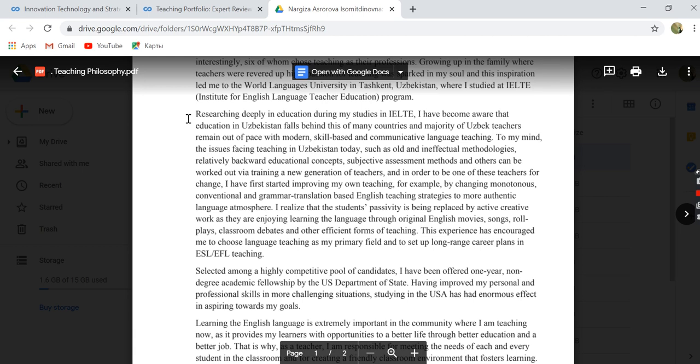And in order to be one of the teachers for change, I first started improving my own teaching. For example, by changing monotonous, conventional, and grammar translation-based English teaching strategies to a more authentic language atmosphere. I realized that students' passivity is being replaced by active creative work as they are enjoying learning the language through original English movies, songs, role plays, classroom debates, and other efficient forms of teaching. This experience has encouraged me to choose language teaching as my primary field and to set up long-range career plans